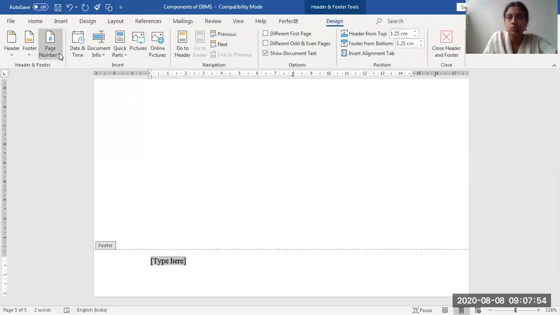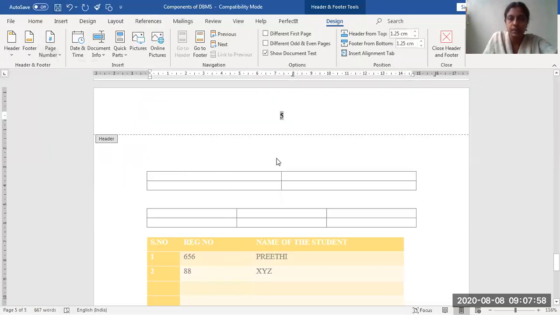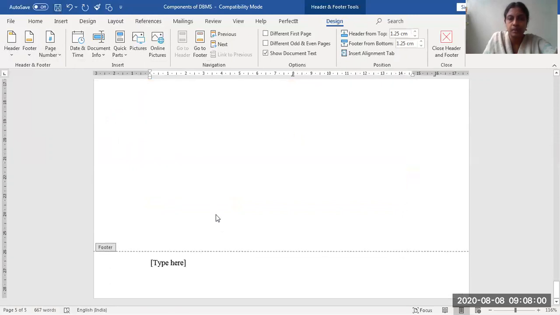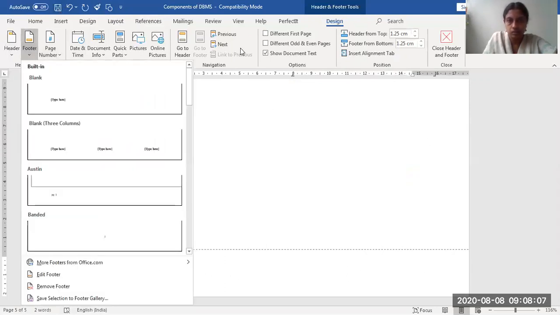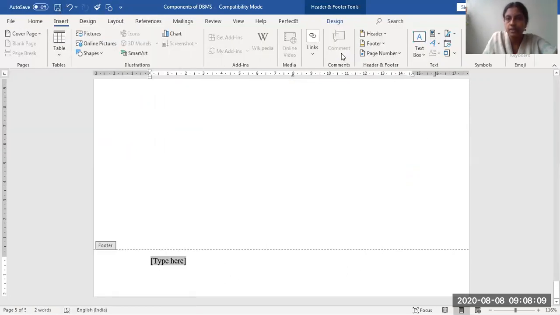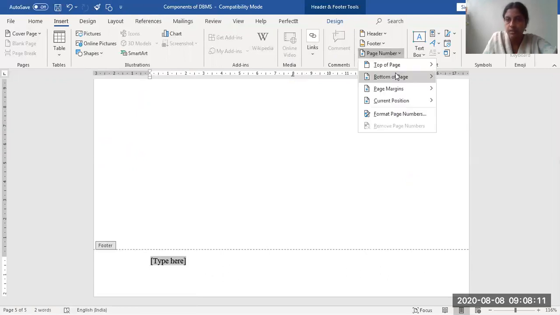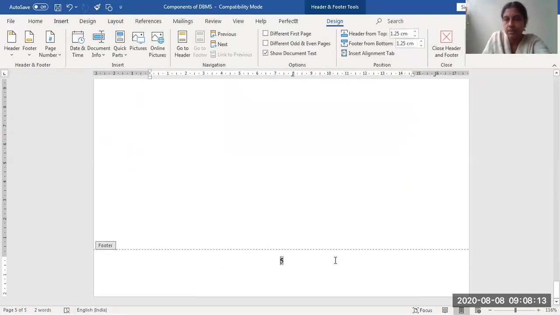You can set a page number, or you can type any other content for the page number, like that. So you can set the page numbers in the footer. See, the page number is set in the footer.